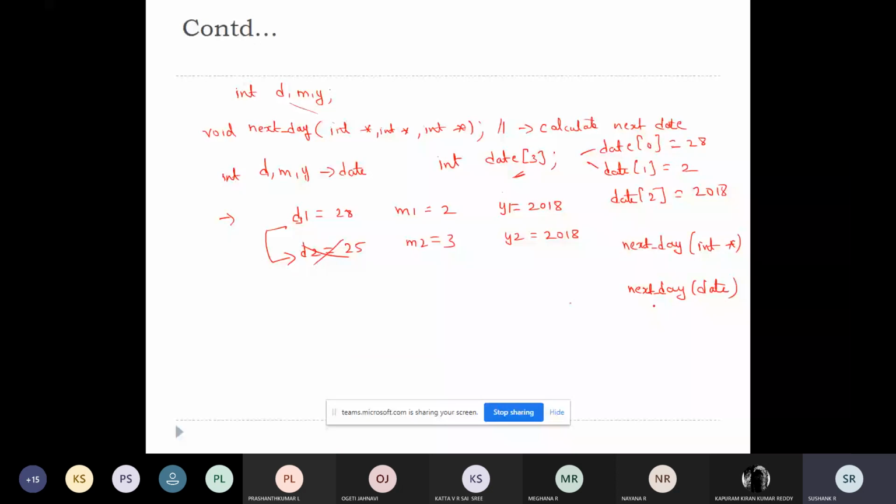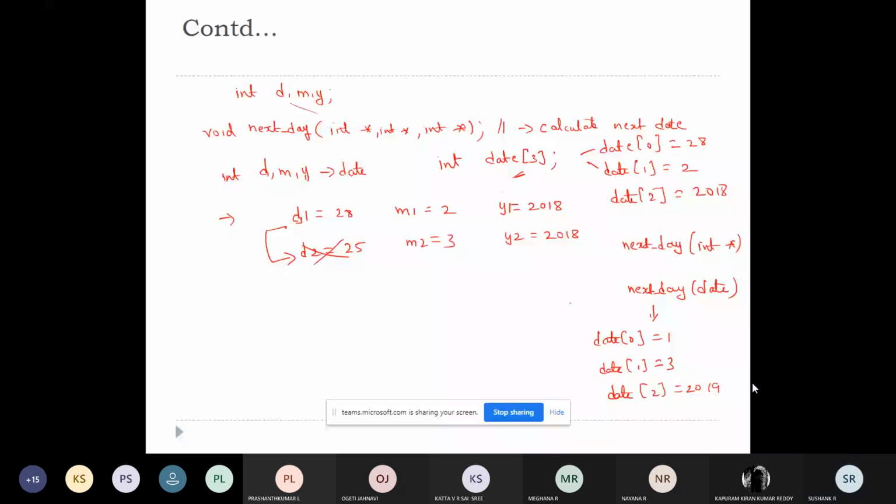So now if I call this function, date of 0 will become 1, date of 1 will become 3, and date of 2 will become 2019.